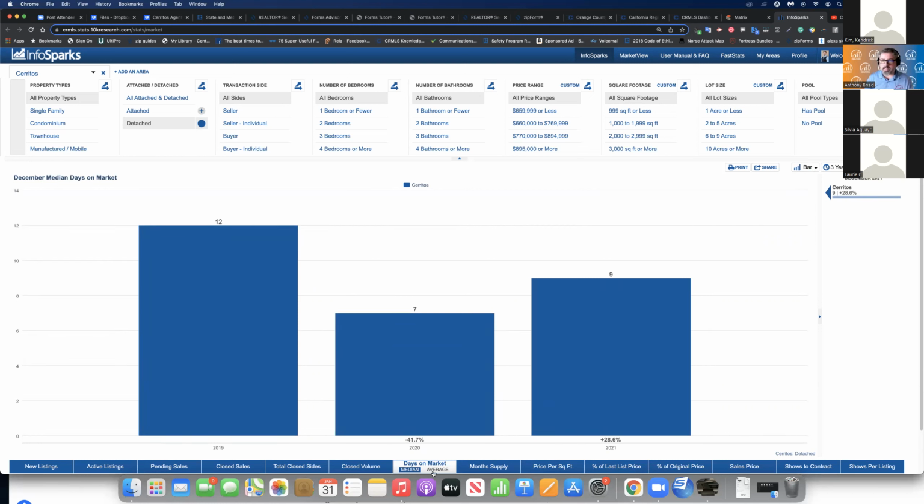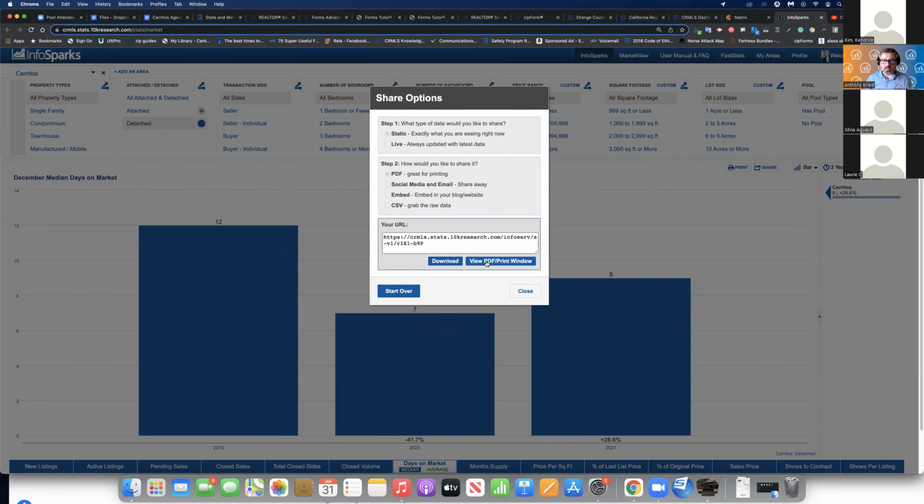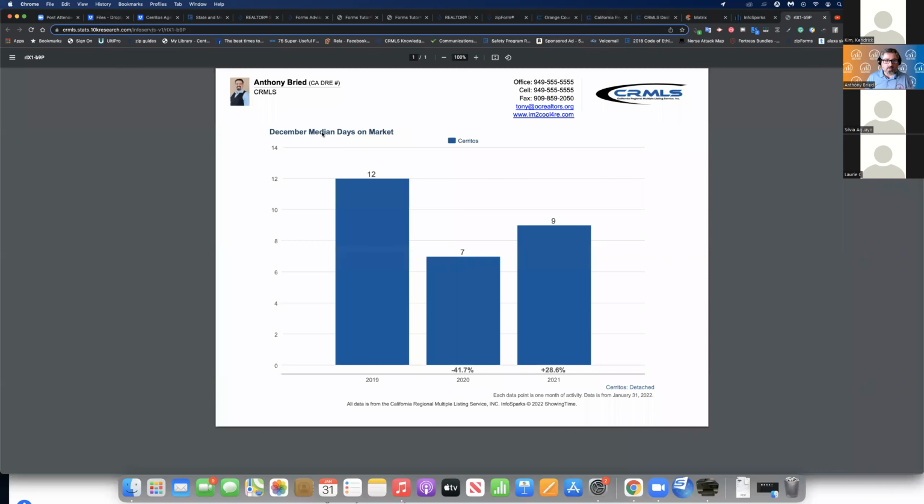So now how do I get this out? Well, we've got several ways of sharing this. We can create a PDF static report. And when we hit view the PDF, what I like about this is that InfoSparks automatically brands this report with my information pulled from the MLS roster. I have my picture, I have my logo, I have my company data, my phone number, email address, everything like that. I can print it at this point, share it out, or